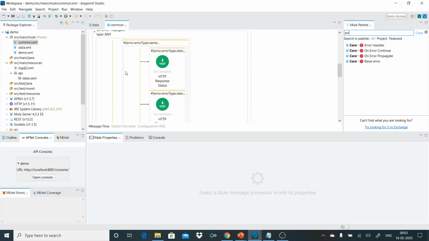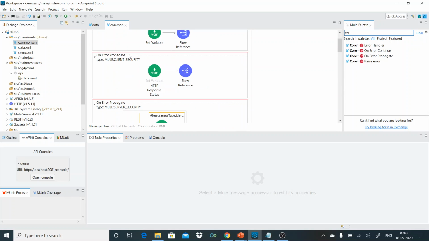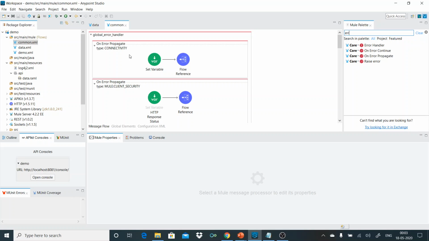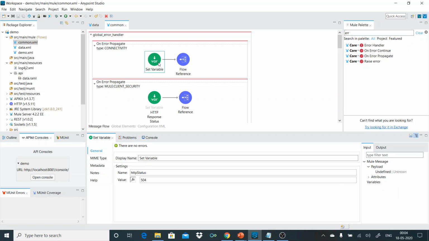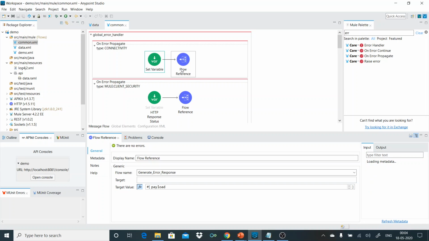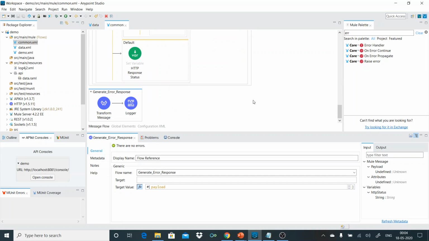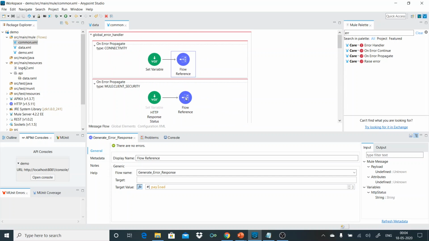I've handled these too, and you might want to add multiple errors according to your needs. In case of a connectivity error, I am setting a variable, the HTTP status variable, with the corresponding value, and I'm calling a flow reference. I've created an error response flow. We'll come back to it later.